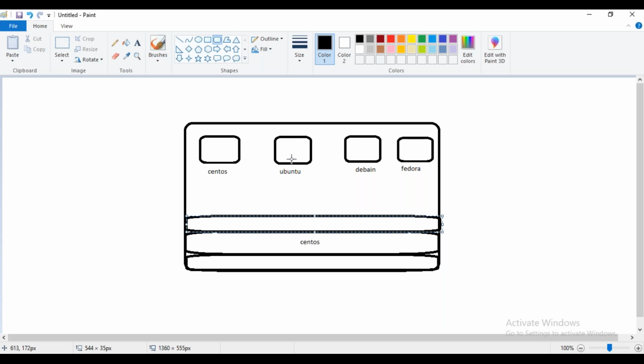This Ubuntu image is provided by Docker, and in the same way we get the Debian image and the Fedora image. But at the end of the day, they take the kernel and binaries from the host, because the kernel supports all the flavors. So whenever it is running, it does not have its own kernel.